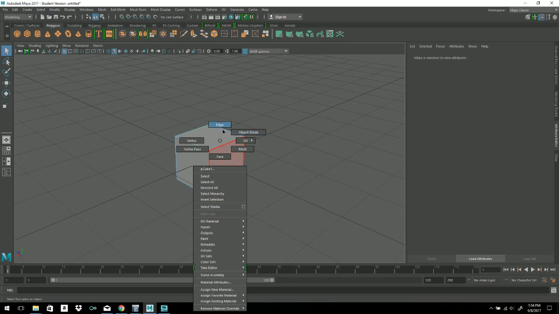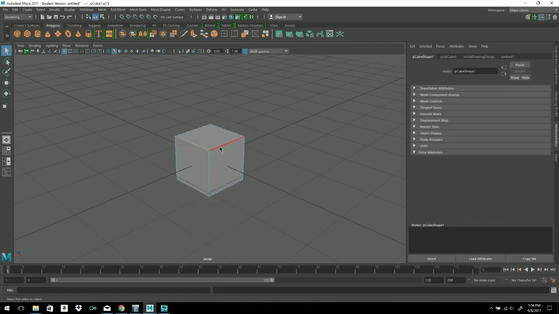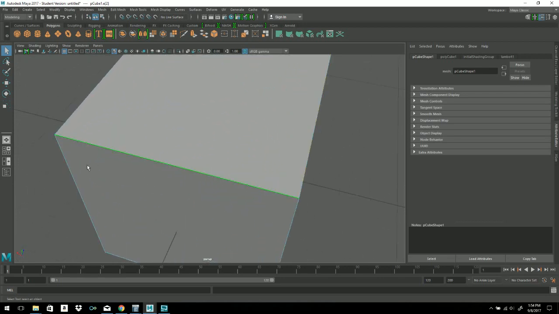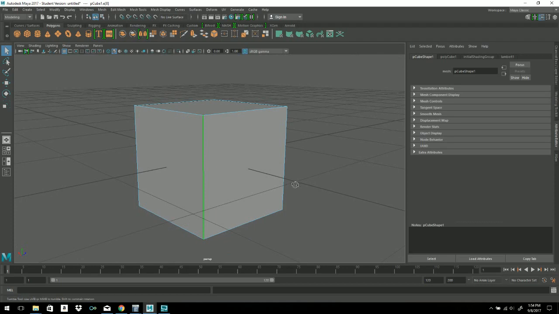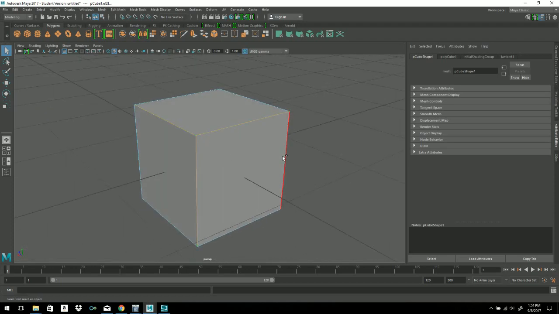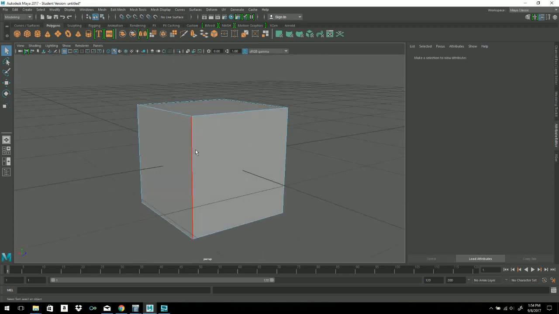Now let's go up to edge again. Right click, drag up to edge and release. Now you've got this, and you can select these edges of whatever you're building. Now if you want to select more edges, hold shift. But something I've noticed kind of cool about